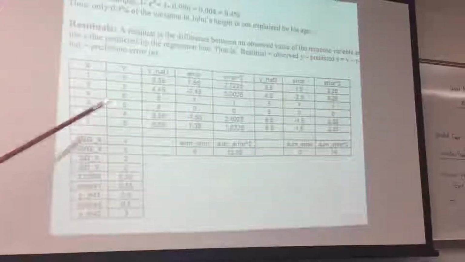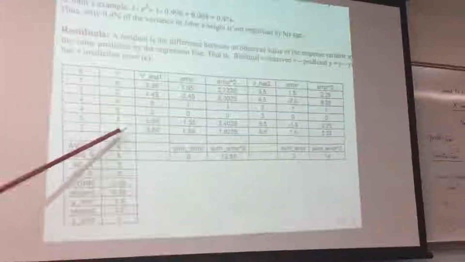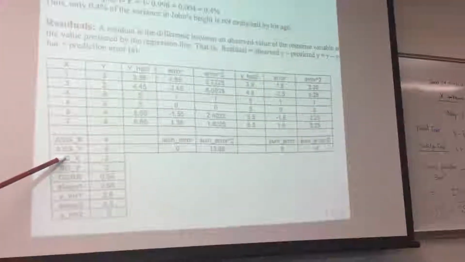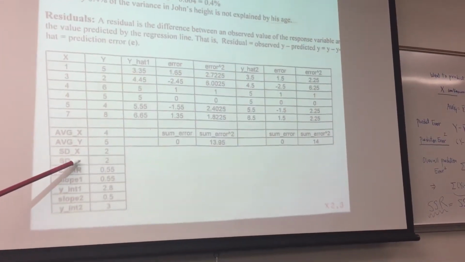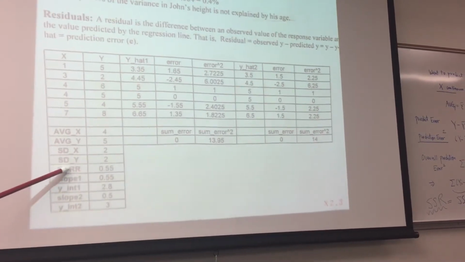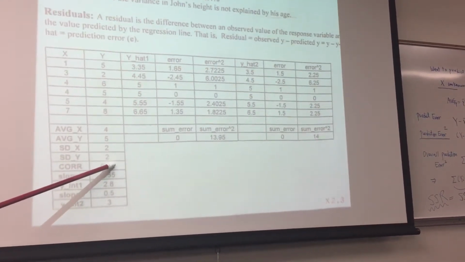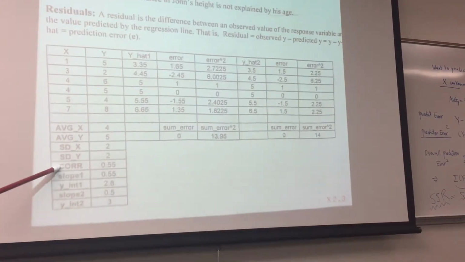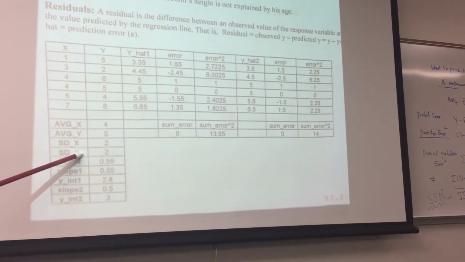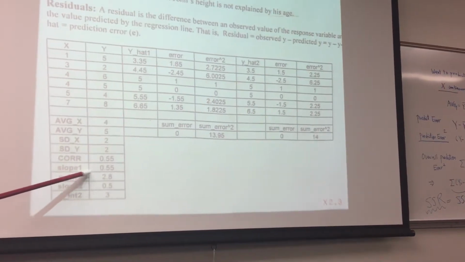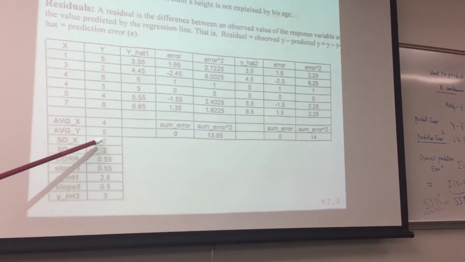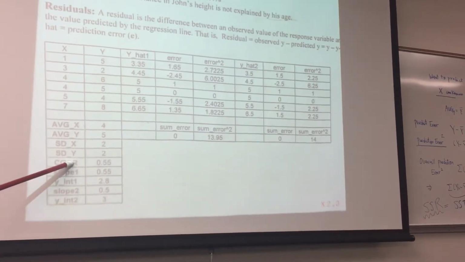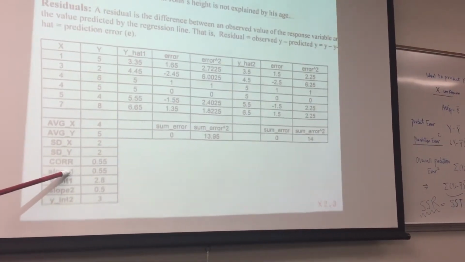And from what we did before, we find average X is 4, average Y is 5, standard deviation X is 2, standard deviation Y is 2, and the correlation coefficient is 0.55. This one you can find very easily, okay? Based on these 5 numbers, you can find what? Regression slope is 0.55. Because standard deviation X equals standard deviation Y, therefore correlation coefficient equals regression slope,